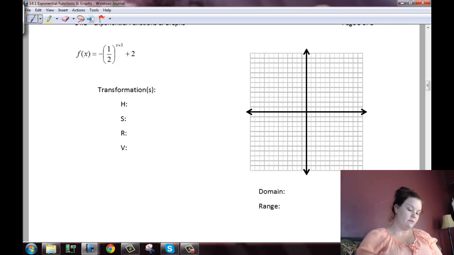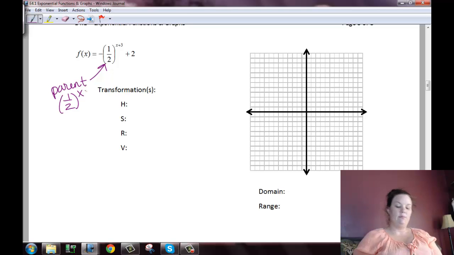Okay, on this one I have a different base. So again, I'm going to identify my parent. My parent function in this case is 1/2 to the x. Remember, I don't take the negative. I always take the positive form of the base. So I'm going to go down here and make 1/2 to the x. I'm going to go ahead and make an